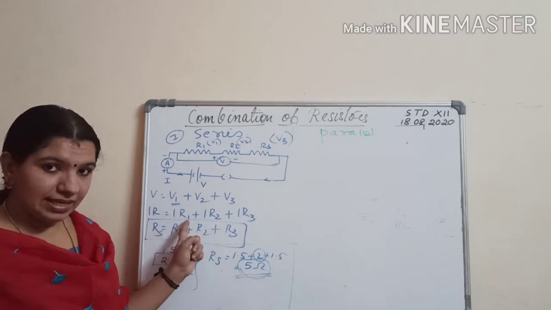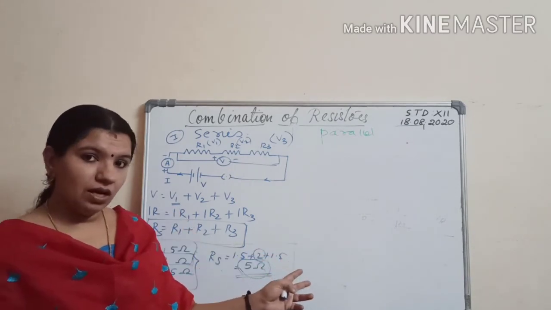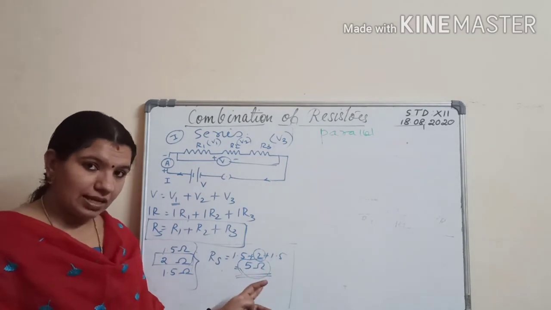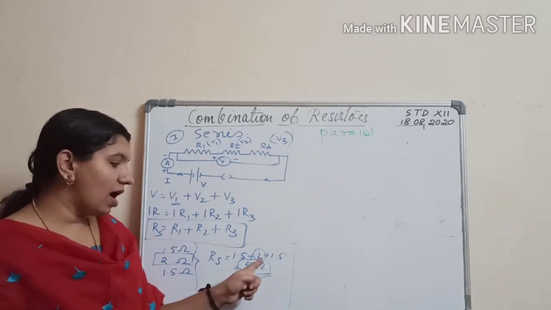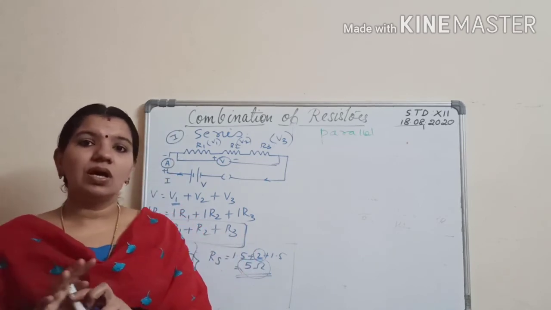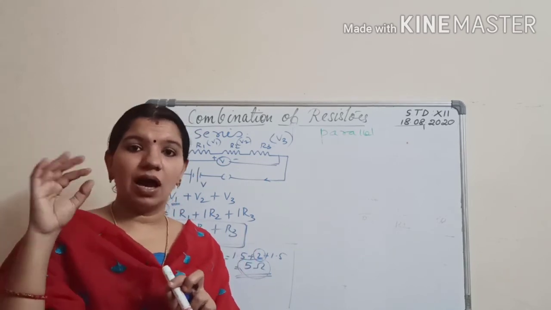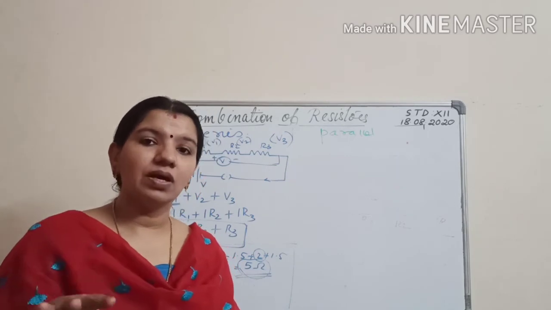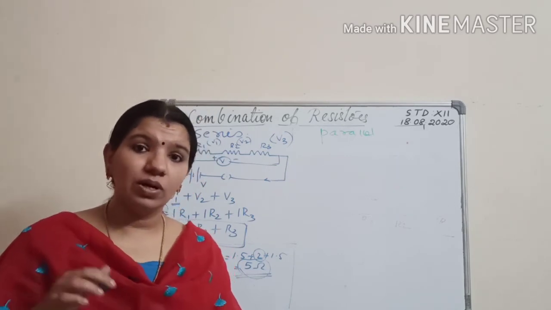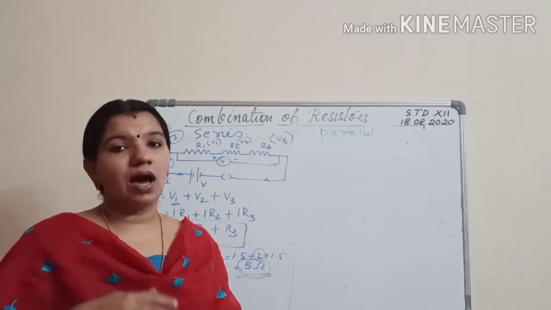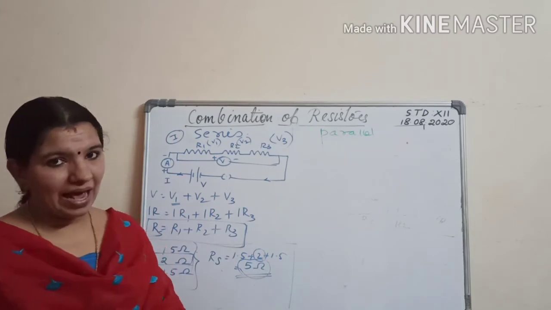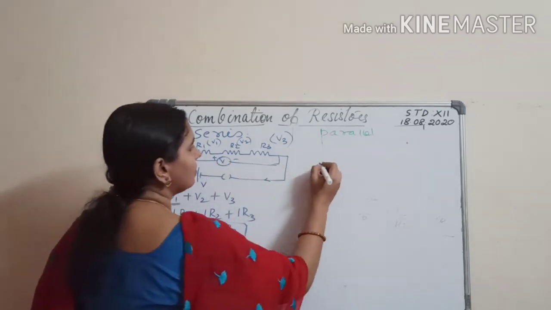Effective resistance in series, whenever we add these 3 or 4 like that, what the effective resistance that we are getting is always greater than the largest of the individual resistances. If you have 3 or 4 resistances in which you have one larger value, and then you are adding these, you will get a value which is again larger than the largest of the individual resistances. Understand?